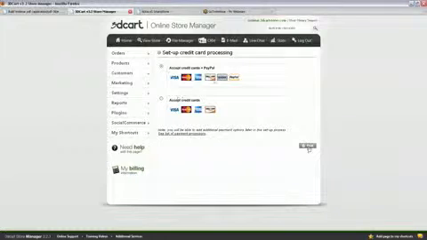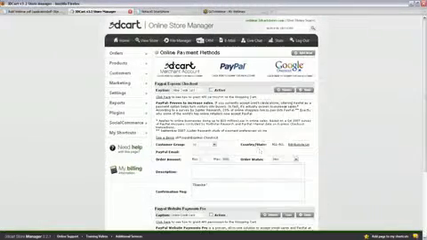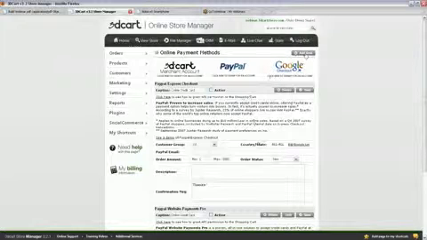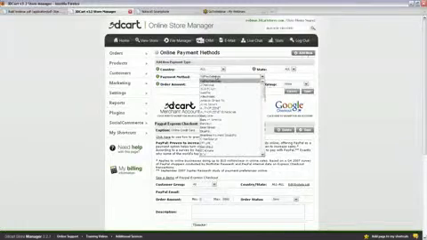Let me show you real quick how to add a quick payment method. When you first go into your site, it's going to give you the option of either accepting only credit cards or accepting credit cards and PayPal. Click on Next, and it's going to give you different listings here for PayPal Standard and whatnot. All right. Now, adding a payment method is just a simple matter of clicking Add New and selecting the payment